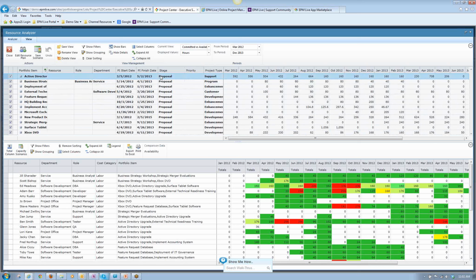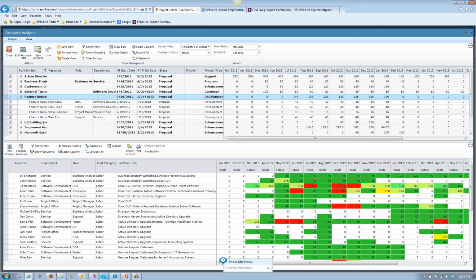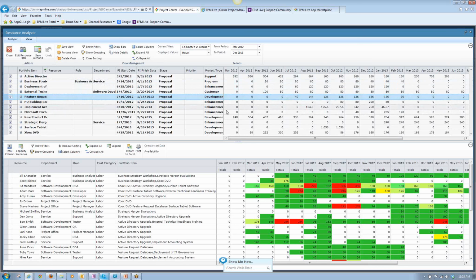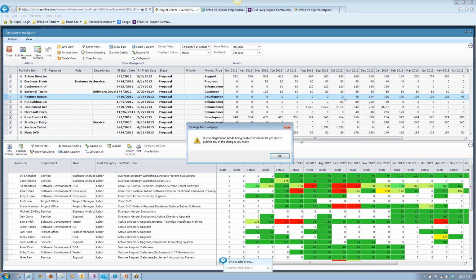So you'll see here we have projects that are in the proposal state. So we can actually just open this up. We can actually start to move. So for example, what I'm doing here is, for this particular project, let me just collapse that. What I can actually do is take these hours and do my own what-if analysis and say, well, what if I were to move the 40 hours or the start date of this project and all the resource commitments starting in July all the way into November? Let's see how that actually impacts